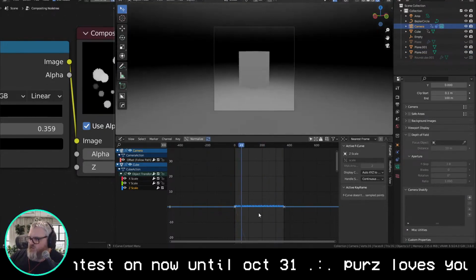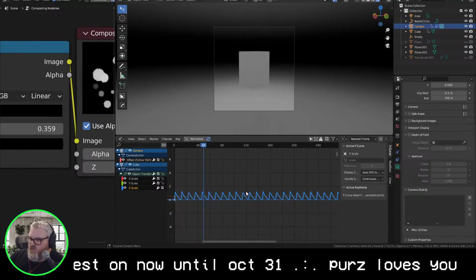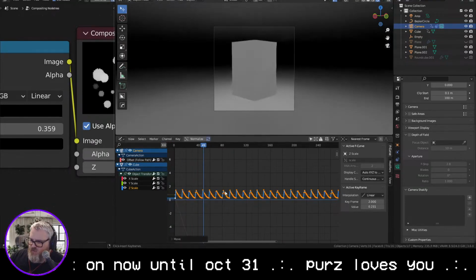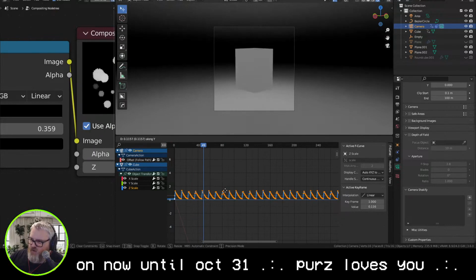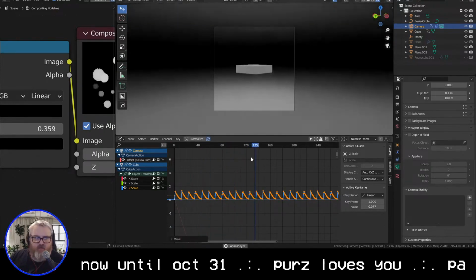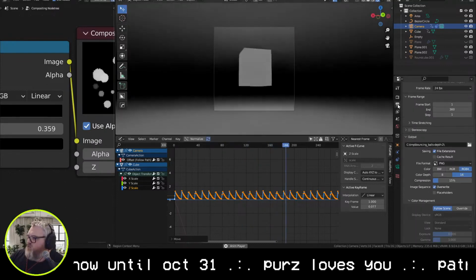All right, and I just want to move the whole thing. So I want to unbake my curve, and I just want to move it, not on the y-axis. I just want to move it up a bit so that it never goes all the way to completely small. So now I'm just going to